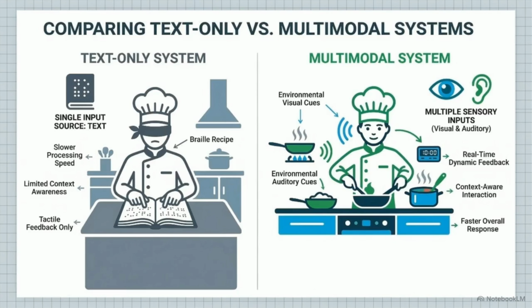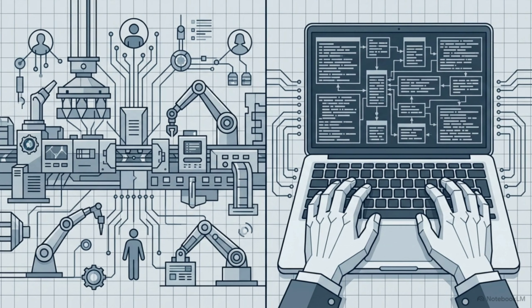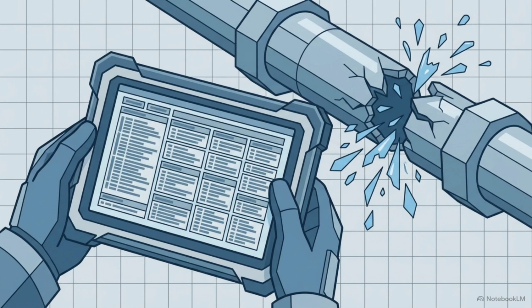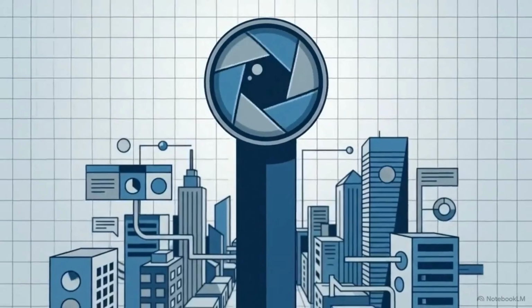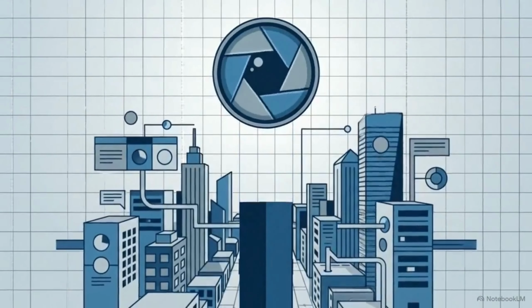On the left, a blindfolded chef wearing noise-canceling headphones reads a Braille recipe perfectly, but cannot hear a sizzling pan or see a tomato. This sensory isolation causes slower processing and limited context awareness, exactly like a text-only AI. In a standard business workflow, humans must act as the sensory translators. If a pipe breaks, a worker has to stop and type a detailed description of the crack and pressure readings for the AI to understand. Removing this sensory blindfold allows the code to ingest the chaos of the real world directly, eliminating the human labor